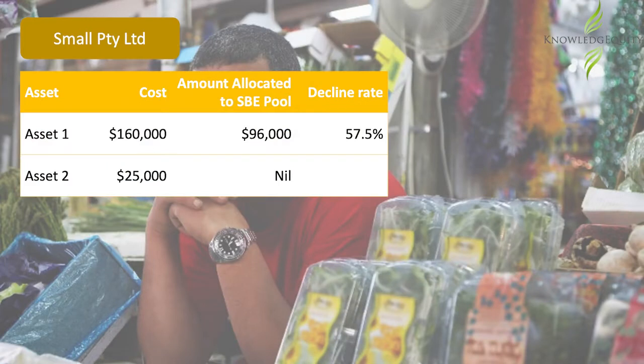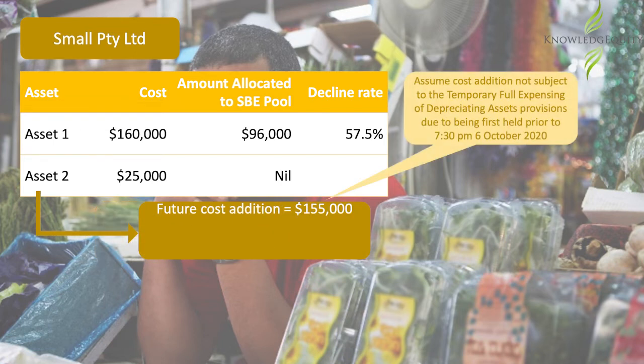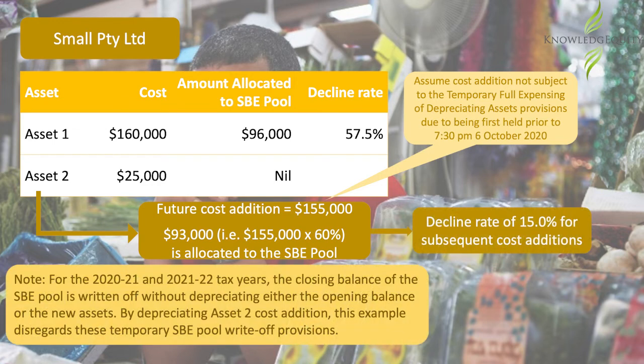So if Small Proprietary Limited was to make a cost addition under the immediate write-off threshold to Asset 2 in a later income year, then an immediate deduction representing the 60% taxable purpose is allowed. However, if instead a cost addition amount that is at least the immediate write-off threshold was made, then the asset is allocated to the SBE pool with an adjustable value representing its 60% taxable use. A decline rate for subsequent cost additions would be applied to this